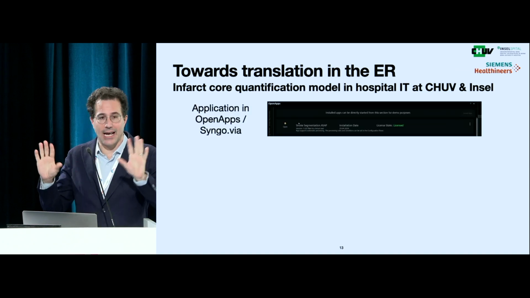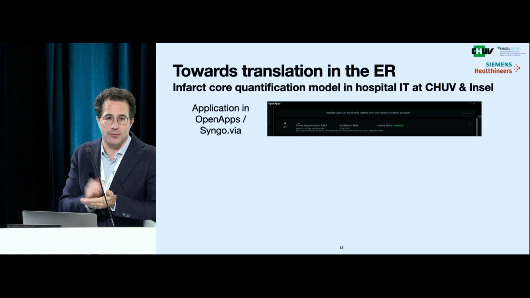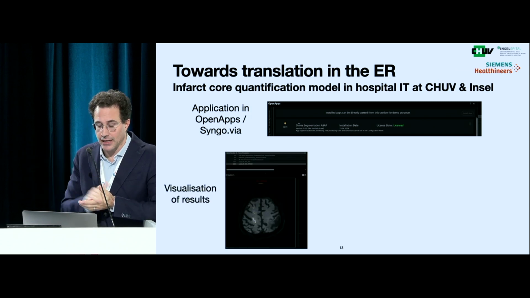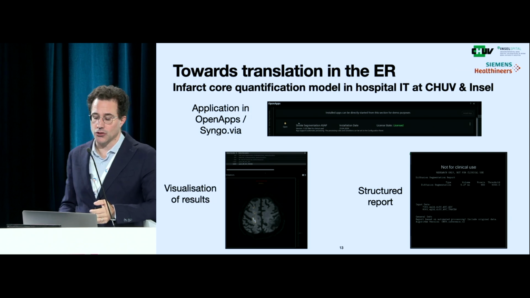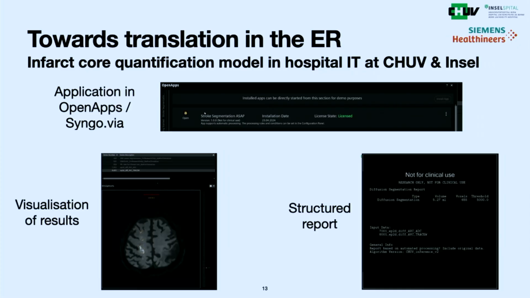And so there's a little app store, if you don't know it, called Open Apps. And so the radiologists in the 2 departments, in the 2 hospitals, can click, select their application, send their cases there, and then they get a little structured report. Right? So this is really something that we're very happy about. We're improving. I have to really thank specifically Sylvia Pistocchi and Vincent Dunet, 2 radiologists that helped us amazingly with this. They corrected the results.